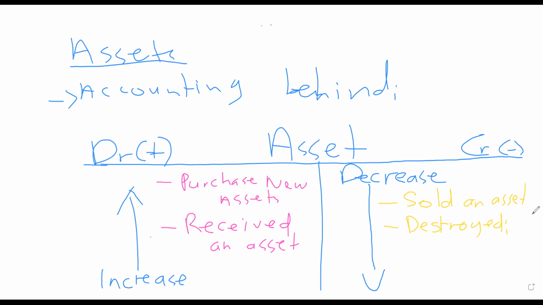But there are other issues, other accounting principles behind it, which I don't want to explain for now, right? So assets decrease when you sell. Assets decrease when they are destroyed naturally, or maybe there was an accident that took place. Sometimes you can give away assets. So when you have donated or given away a particular group of assets, in your records, those assets would decrease